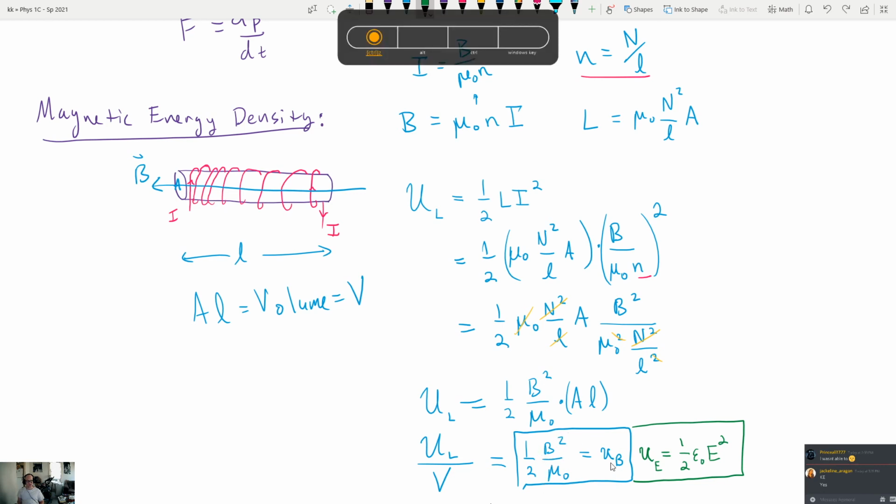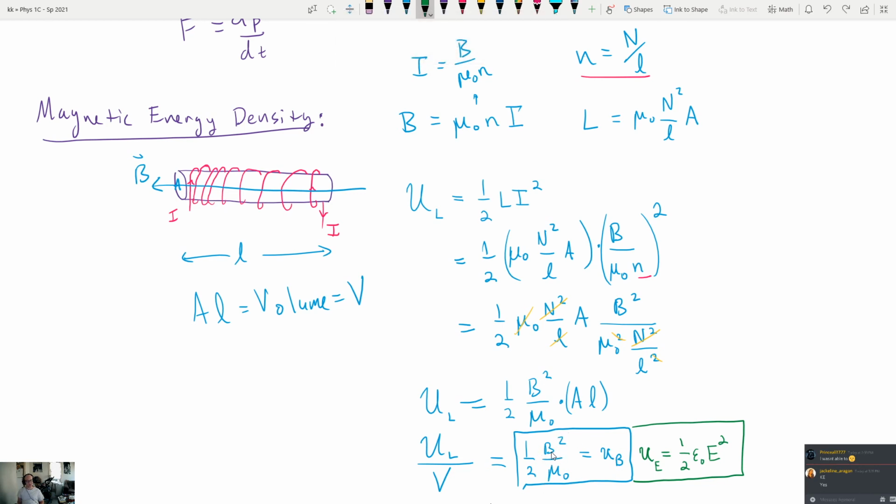So what this represents is that if you have a magnetic field in space, there's actually energy associated with it. The field itself has energy. It's energy per unit volume, but it's energy nonetheless. And I think that's kind of fascinating because